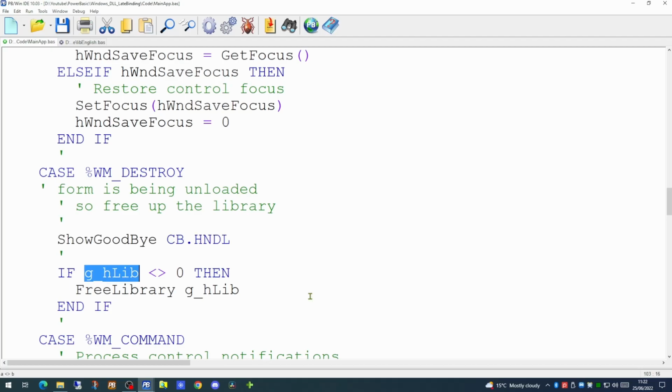And as the last act of this form closing down, before the application ends, we will test the value of our handle to the library. If it is not 0, then we will call another Windows API call called FreeLibrary. It takes the single parameter, which is the DWORD of our handle. This will instruct Windows that this application is no longer using this DLL. And if there are no other applications using the DLL, Windows will then unload it from memory. So let's create this new mini dialog.